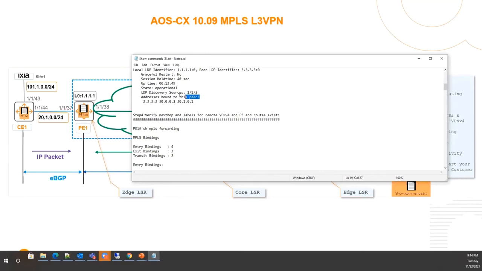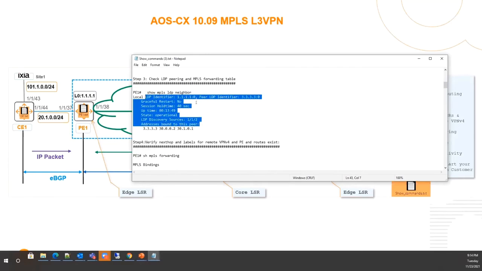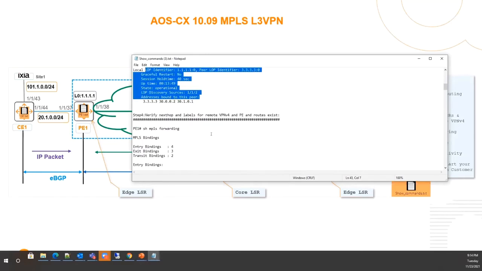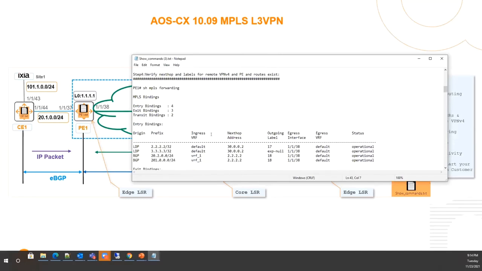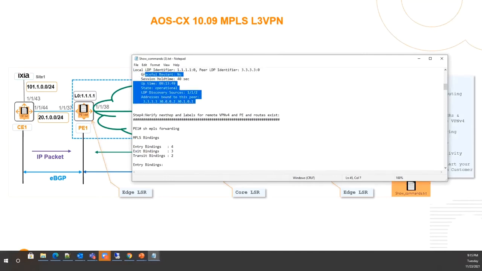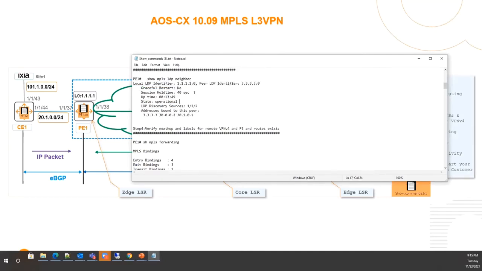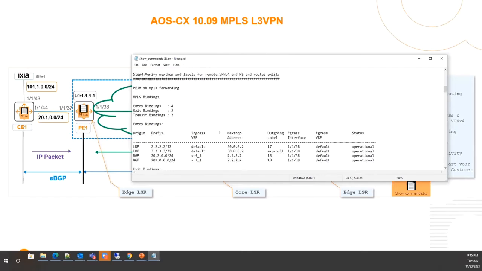This is one of the best commands. Whatever you have verified till now is the control plane. What we are going to look at now is something known as forwarding. This is what will be used for all the active sessions. For example, if you have a lot of ECMP, all of those paths will be there in show MPLS LDP neighbor or show MPLS LDP binding. But if you want to see which is the active label that is getting used in the data path, the command for that is show MPLS forwarding.